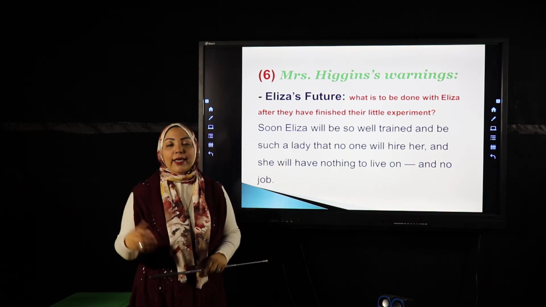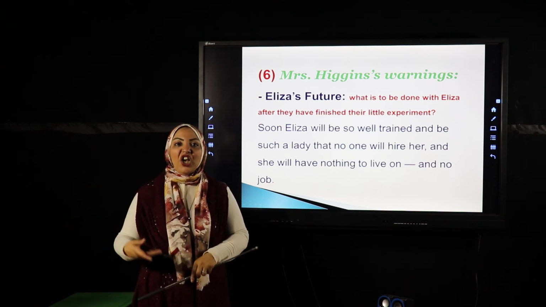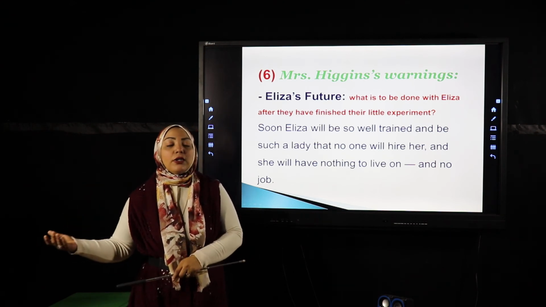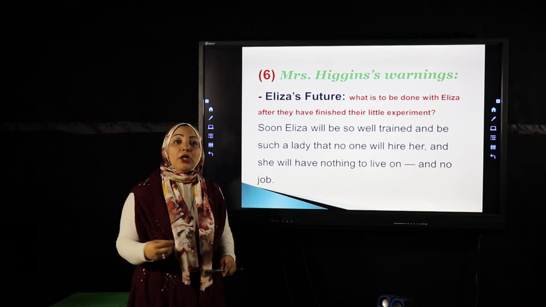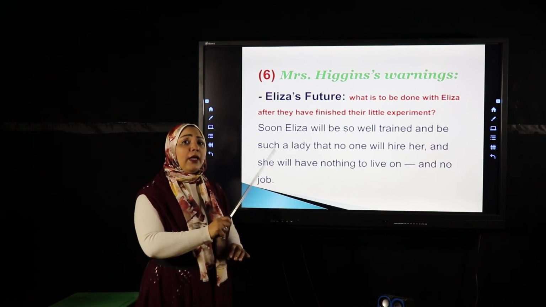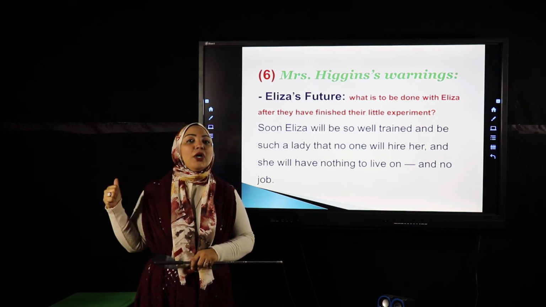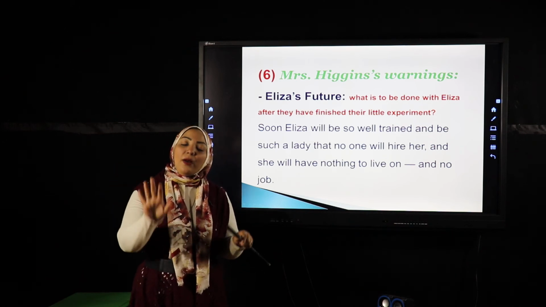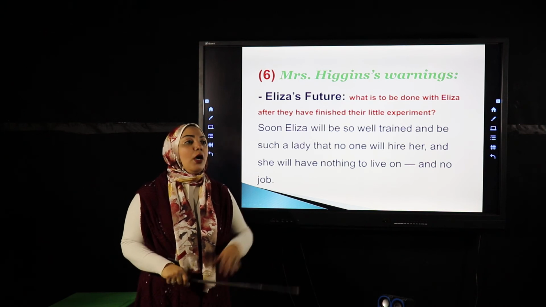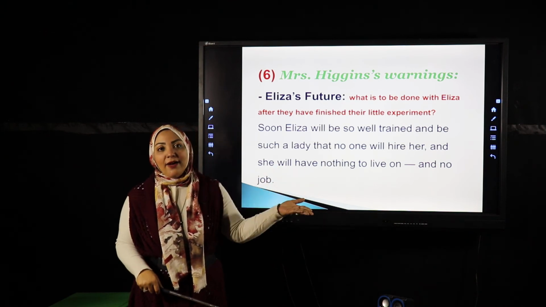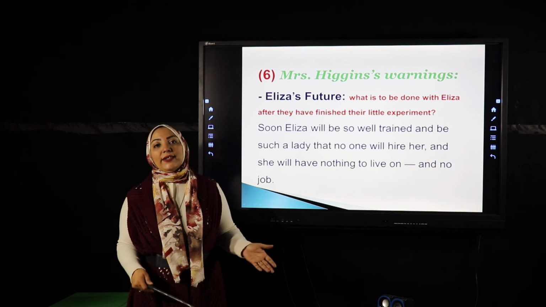As we said before, he can simply throw her away back to the gutter or to where she belonged. He doesn't care. But here, Mrs. Higgins is warning him, just like Mrs. Pearce had warned them before. But Higgins, in order to calm down his mother, told her, we can make sure that she can have a good job after we finish the experiment.